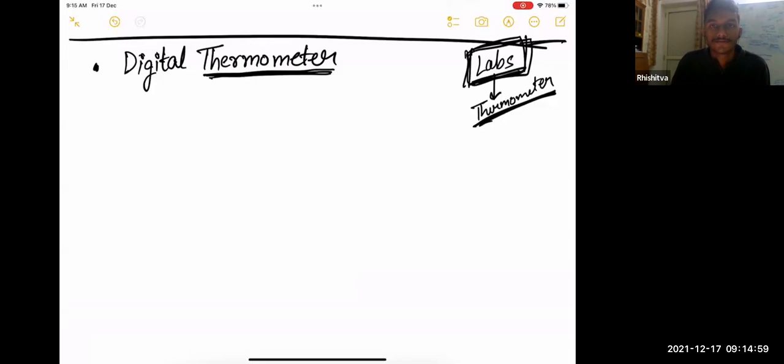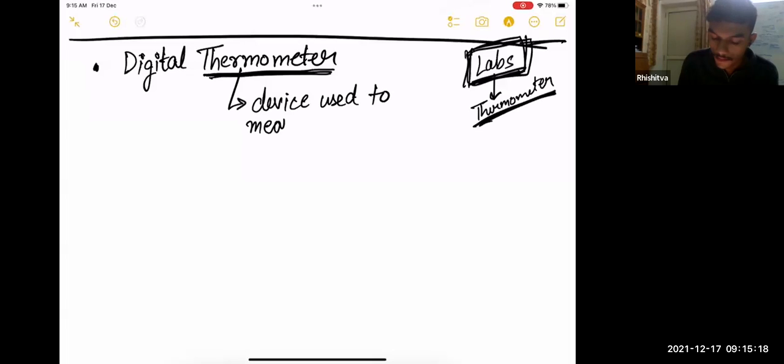Okay. So with that, okay. So Tanvi, Siddhi, are you having any doubt or something? Because you have raised your hand. You can just put your hand down. Okay. So great. So this is a device we can say used to measure temperature. Okay. I will just write TEMP, or let me just write it in full.